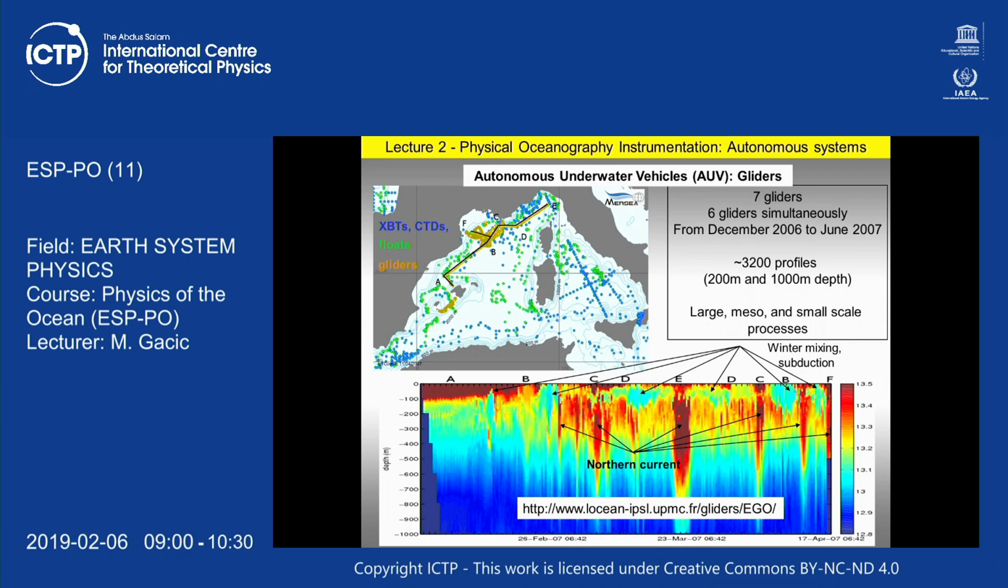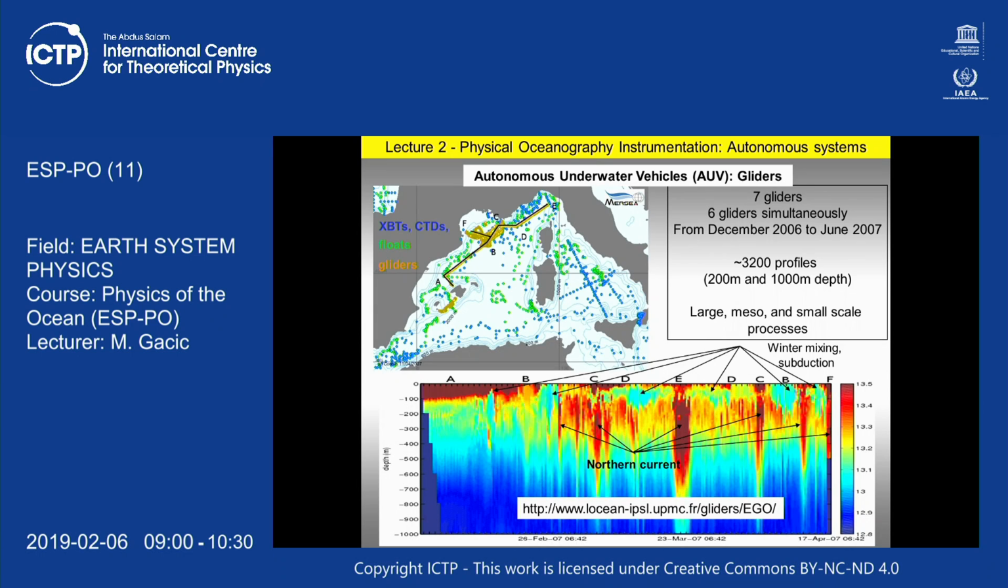And this is, for example, for a specific period. You can see that they used to have 7 gliders, while now we have 6 gliders simultaneously. They are doing various transects in order to obtain quite a synoptic view over the larger area. And then obviously there is a combination of various other measurements